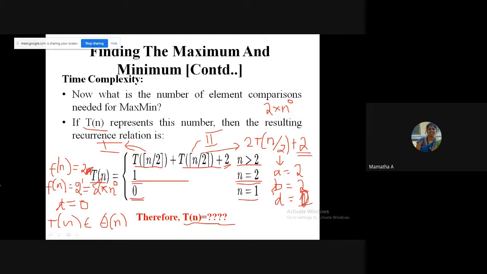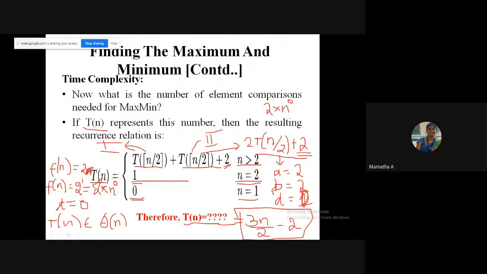Now the question comes: ma'am, earlier also the straightforward method, 2 power n minus 1, is linear. Even this is linear, not much difference is there. But I want the final value you get after solving this using the substitution method. You must get an answer called 3n by 2 minus 2. This is the number of comparisons made for a given value of n.